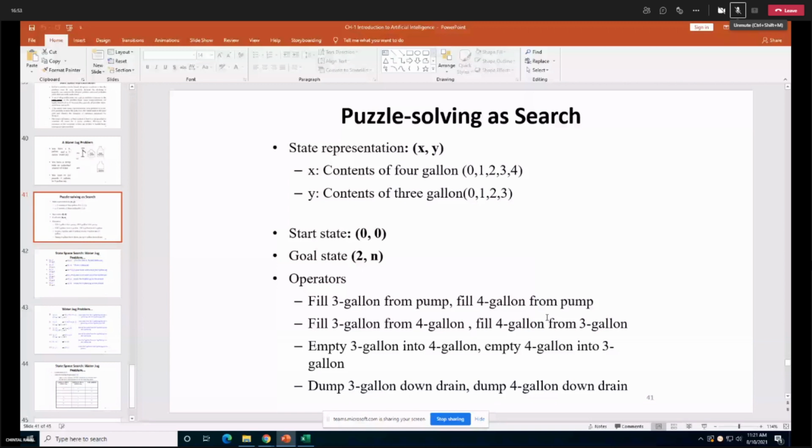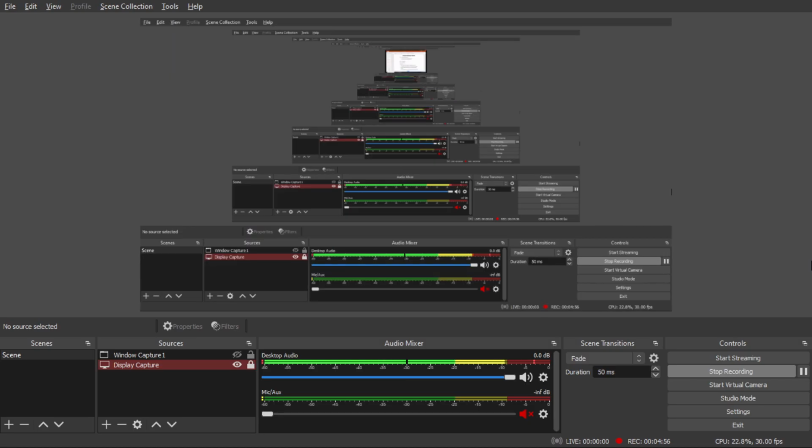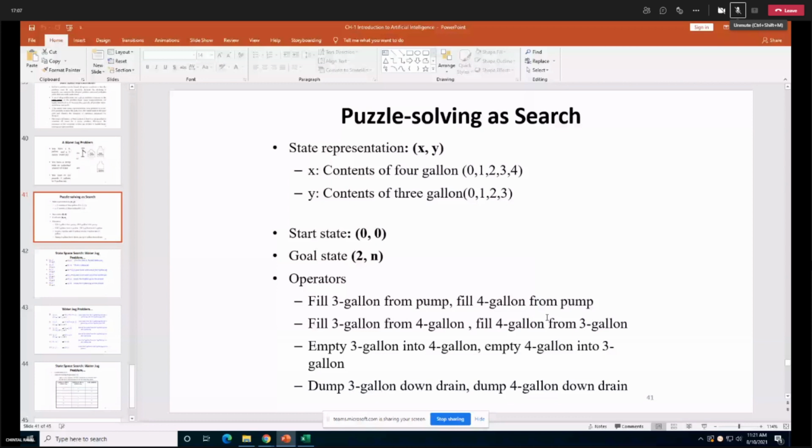So X represents your 4-gallon jug. The possible values for X, the amount of water you can store in the jug, are 0, meaning it can be empty, 1 gallon, 2 gallons, 3 gallons, and 4 gallons. The same holds for Y. Is the representation clear to you? Now I'm defining the formal ones. The informal ones were the 4-gallon jug and the 3-gallon jug, but now I'm representing them in a formal definition, that is X and Y.